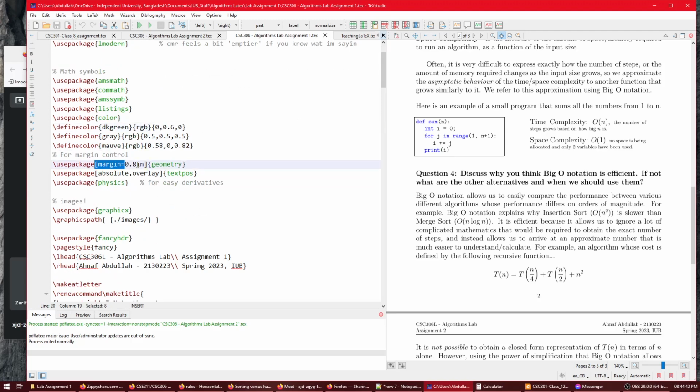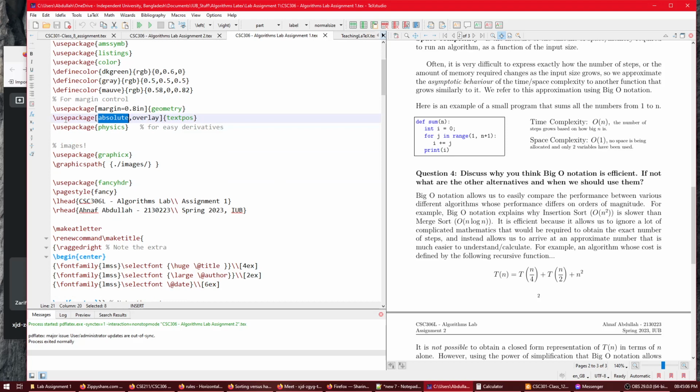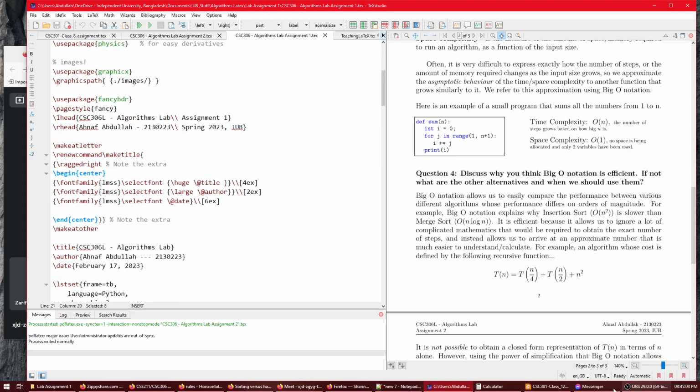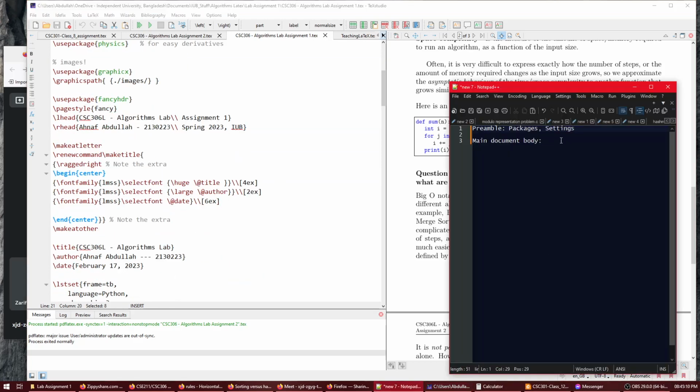তারপরে I want my paper to have a margin of 0.8 inches all around. I want textpos, which is a package that allows me to put text anywhere. I want to put it at this point, right? So আমি দিয়ে দিলাম absolute, so basically saying যে I want you to place the text at coordinates on a coordinate based system. So basically settings এইভাবে করা হয়, and after we do that we start with the main document